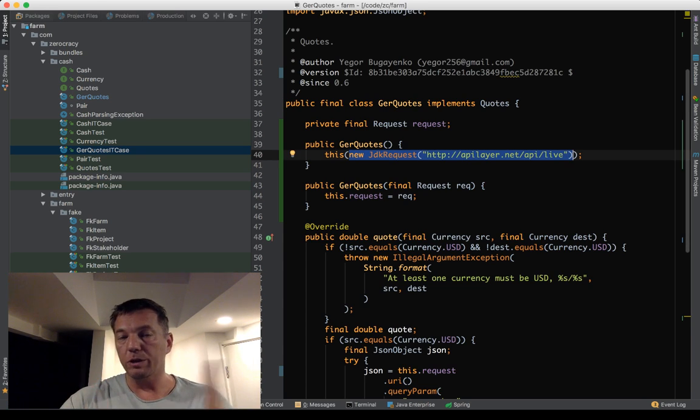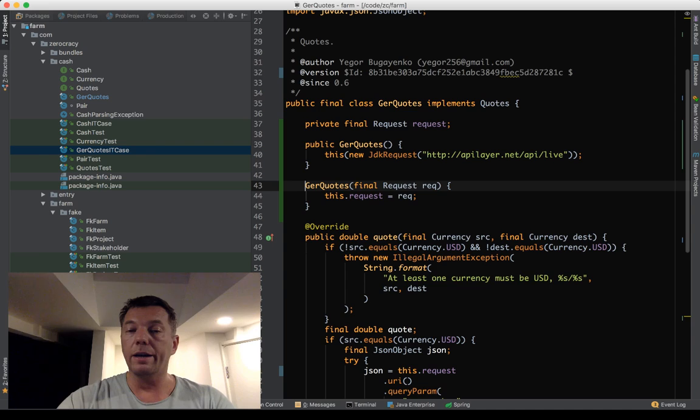So now we have two options. We can use the default constructor, or we can even do it like this here, because we may say, look, we don't want outside customers to use this constructor. Only we can use it inside our package. So by removing the public modifier, I make this constructor accessible only from inside the package, meaning from the test. So if you deploy it to your users, with the class like this, then your public users will only see this class and this one constructor. So they will not be able to break the dependency.